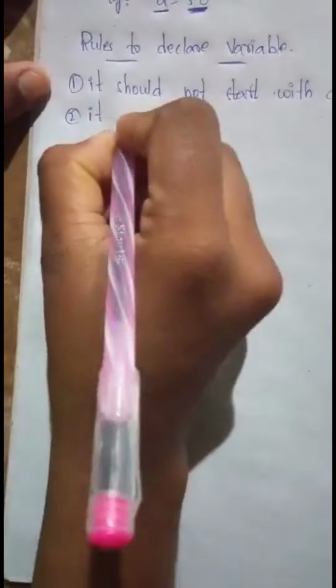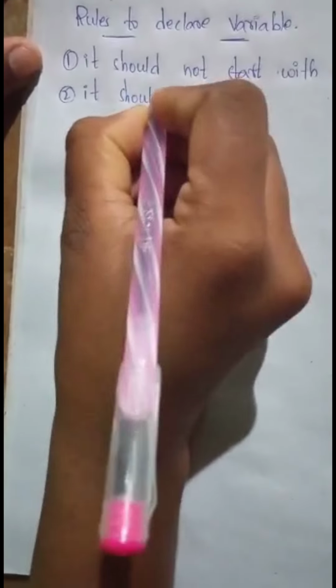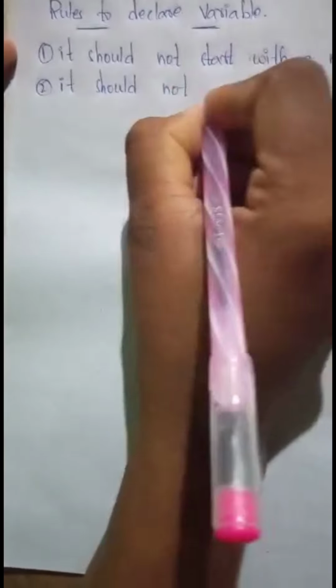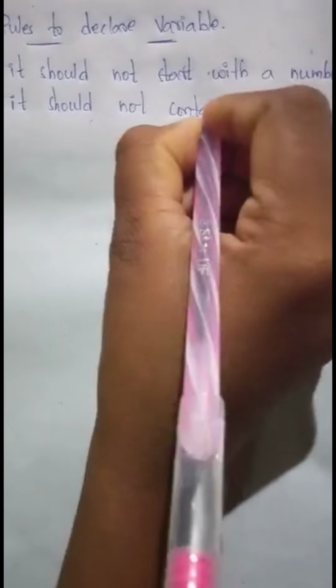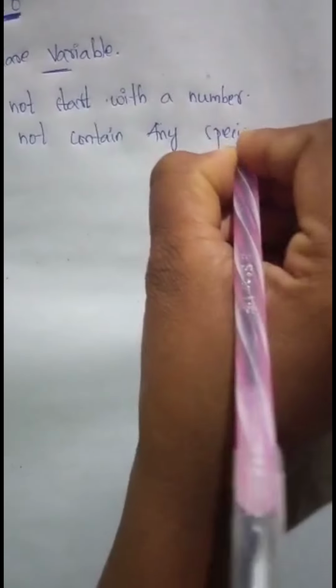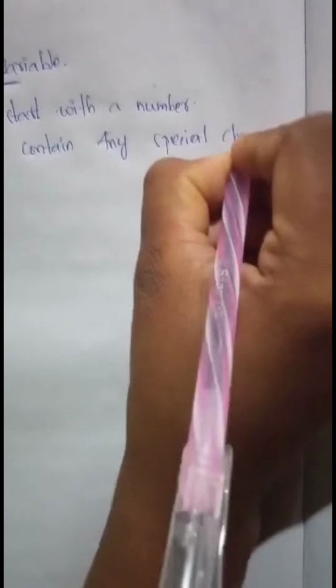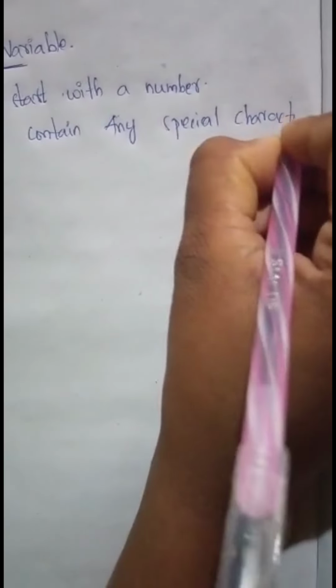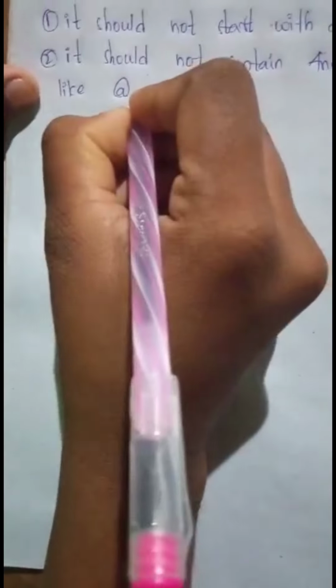And second rule, it should not contain any special character like at the rate and dollar, etc. Like this. And third one is